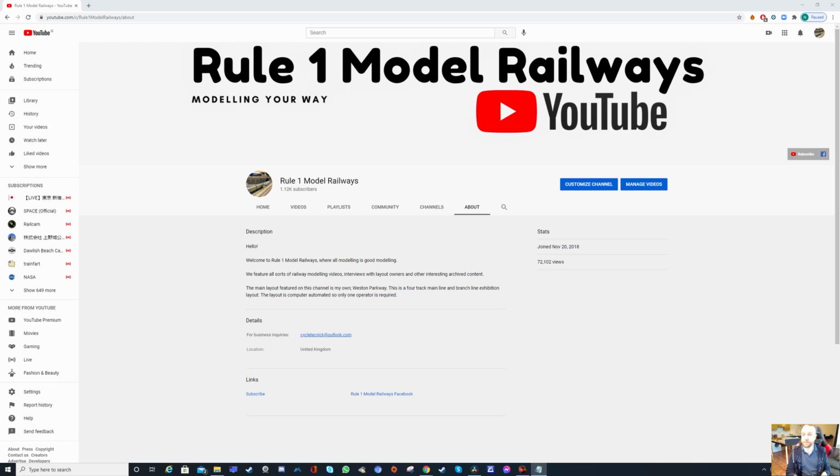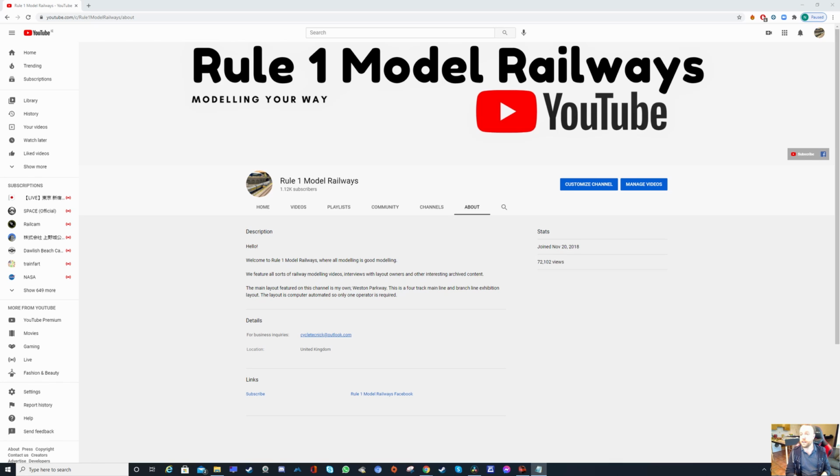Now moving on, how does it all work? So ultimately, there are three components to computer automation. The first one is the software and computer attached to a command station. The second is the DCC accessory decoders which control the points and other accessories of the like. And the third component is the block detection itself. So of the first component there, we are using the computer to send commands through the command station to all of the different parts